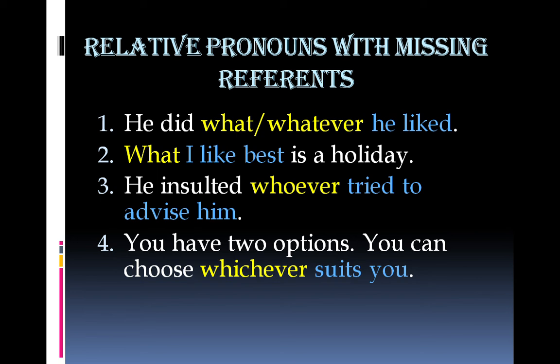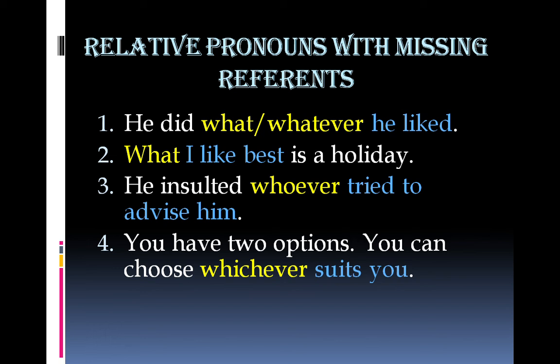They are noun clauses. In all these four examples, the clauses in colored words are all noun clauses. When we analyze the whole sentence, we'll find that these clauses in colored font are functioning as nouns. They are playing the roles of nouns. We have already learned the roles of nouns in sentences. So let's take up these examples one by one. He is the subject, did is the verb. So if I ask you, he did what? Your answer will be whatever he liked or what he liked.